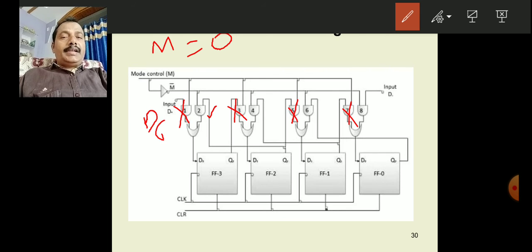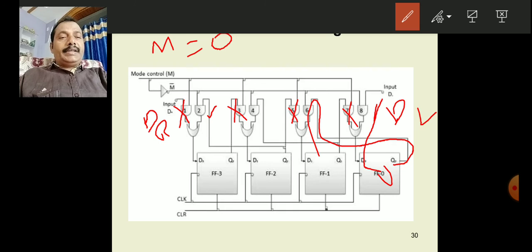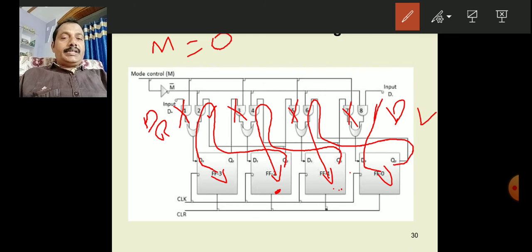Now the data write is disabled. Data left is applied to this gate. Hence, for each clock pulse, this enters into this flip-flop. And for each clock pulse, the data is shifted left through this gate into this flip-flop, and this flip-flop data is shifted left through this. Next, this flip-flop data is shifted left like this through this. Understood? I hope you understand.